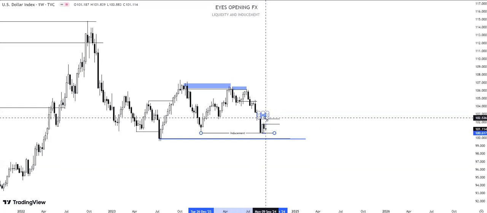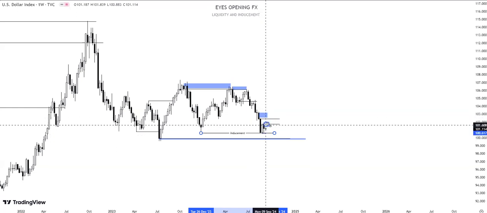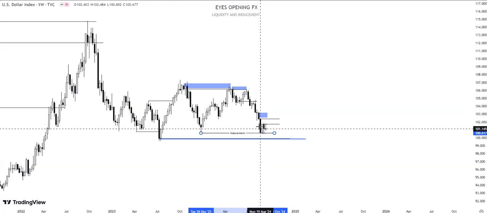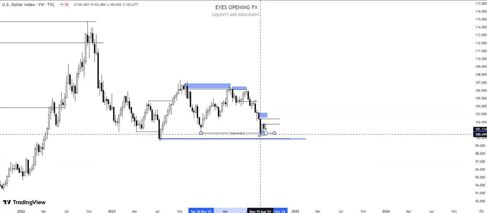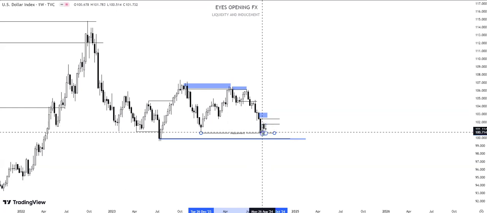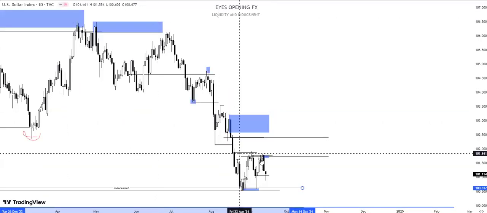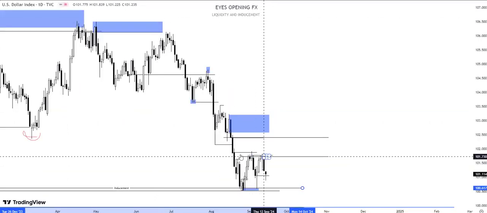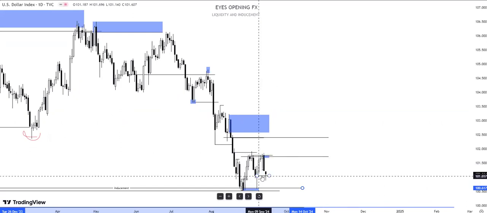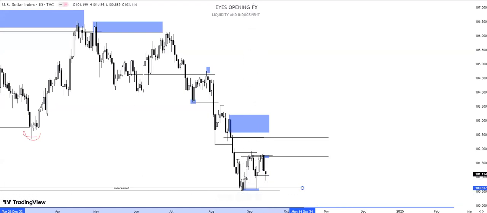Here we have the resistance level, the last resistance level that created a low. We also have an intermediate resistance level right here. This resistance level did not create any low, but it's still a resistance level, and the market was already reacting from it last week. So we go lower to the daily time frame. On the daily time frame, we see how price reacted from this resistance level and traded into this new support level. This is where price is currently.